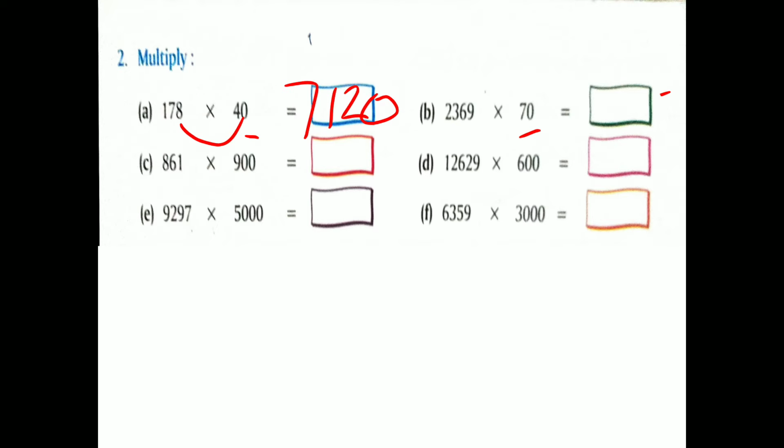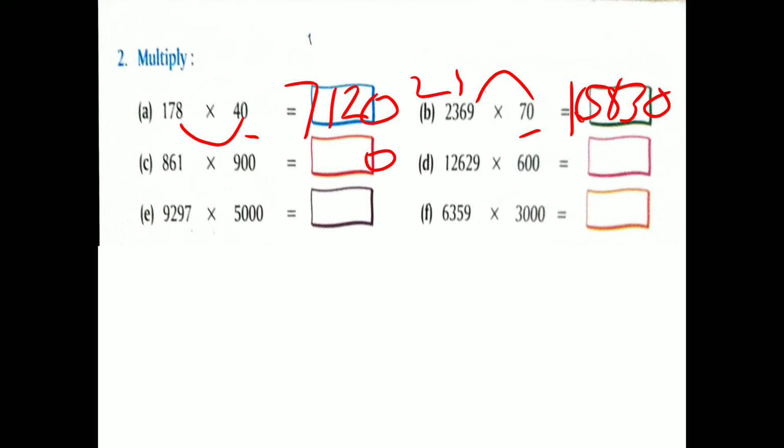Here is one 0, so put one 0 first. Then multiply 7 with 9. 7 9s are 63. So here comes 3. 6 will go on 6. 7 6s are 42. 42 plus 6, it will be 48. 4 will go on 3. 7 3s are 21. 21 plus 4, 25. 7 2s are 14. 14 plus 2, 16. So answer is 6165,830.